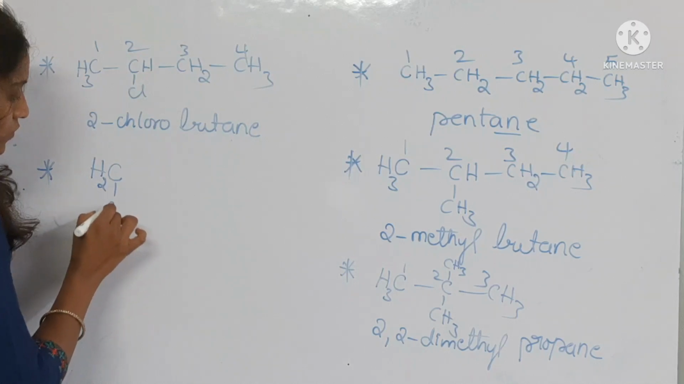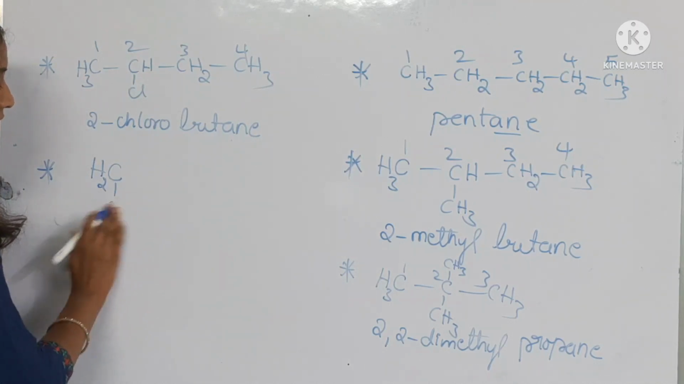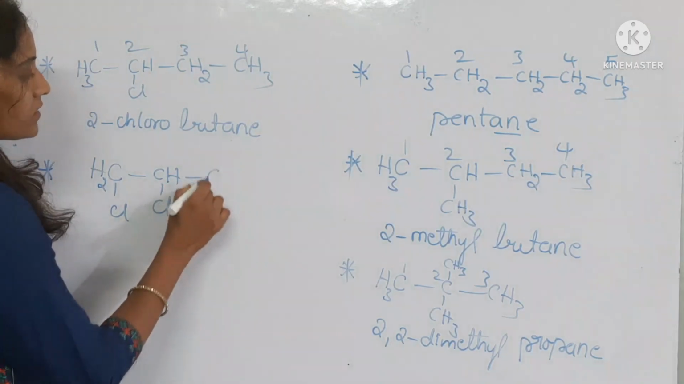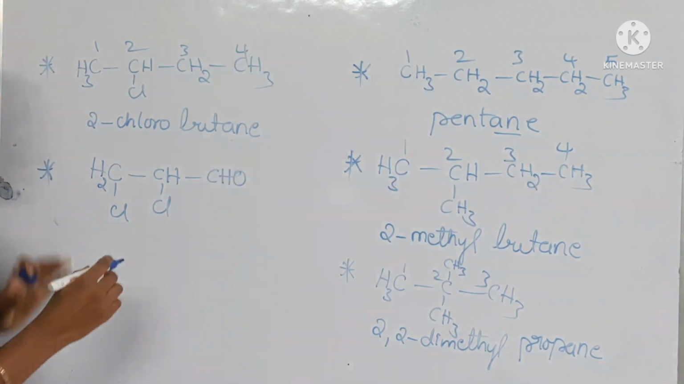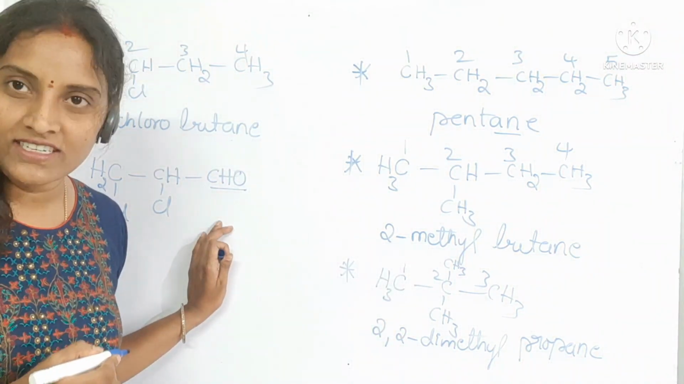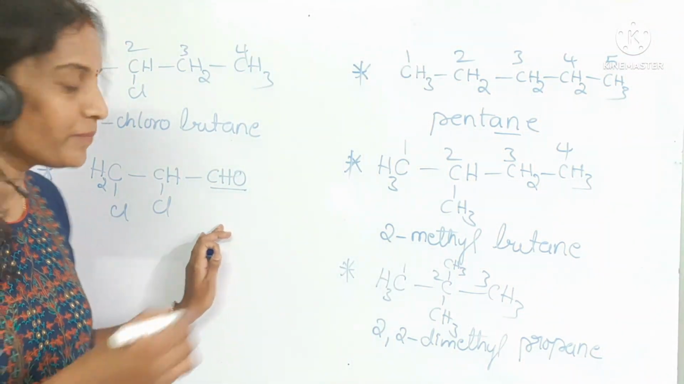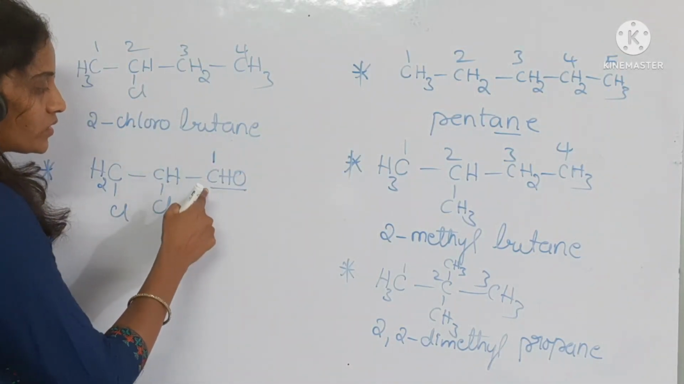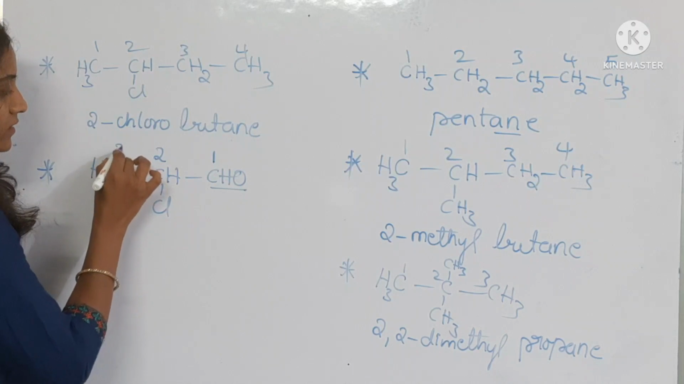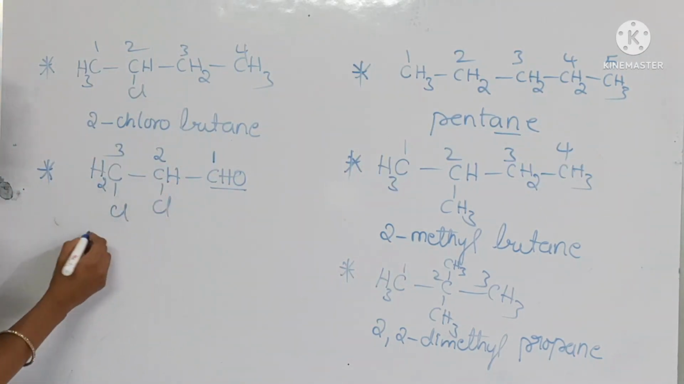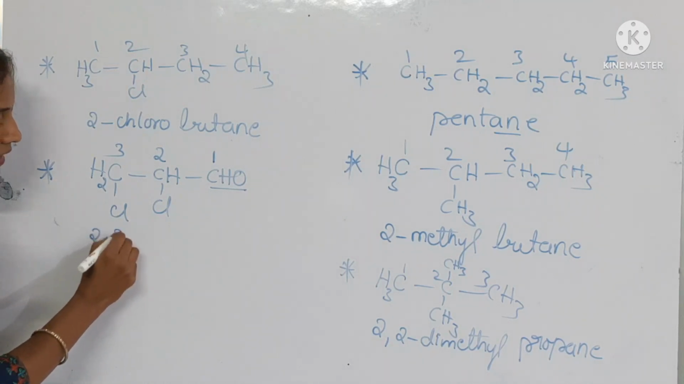CH2Cl, this one is Cl, this is CHCl, this is CHO, students. Here, a 3-carbon aldehyde is there. This is the chain terminating functional group. So I am giving first preference, the lowest number, to this carbon, and then second, third. The second and third carbon atoms have a substituent. So 2, 3